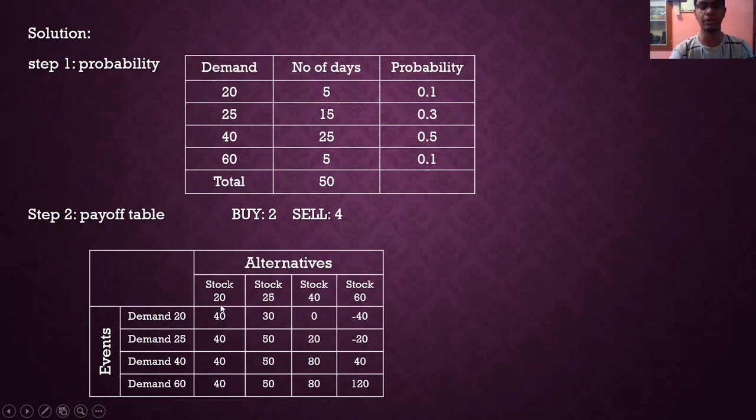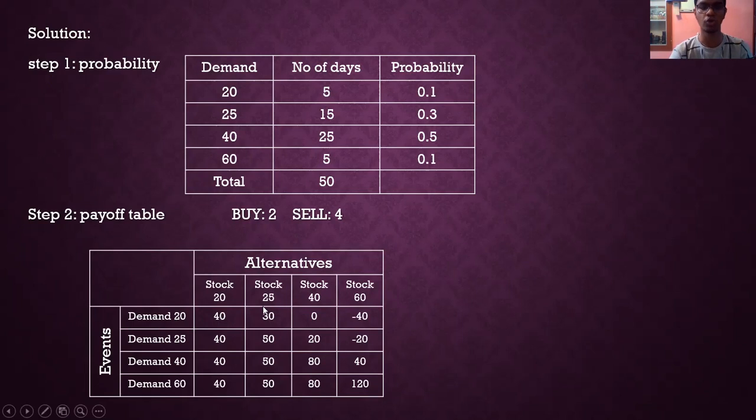By selling, each will make a profit of rupees 2, right? So we multiply the 2 with the 20 stock, because the demand is also the same. 2 is the profit, so 20 into 2 will give a value of rupees 40. That 40 we are writing here. In this case, the stock was equal and the demand was equal, 20 as demand and 20 as stock, so we are selling the whole stock to the demand and making a profit of rupees 40.